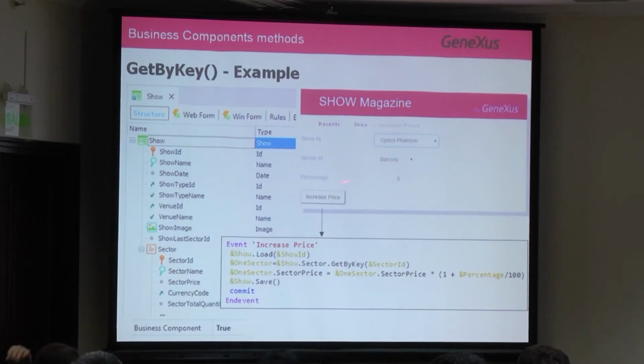One sector, and then the get by key, and I obtain a line. Then to one sector dot sector price, I change the price, I save and commit. So with these few lines, I have loaded the structure, obtained a line with get by key, and as usual, everything is updated,